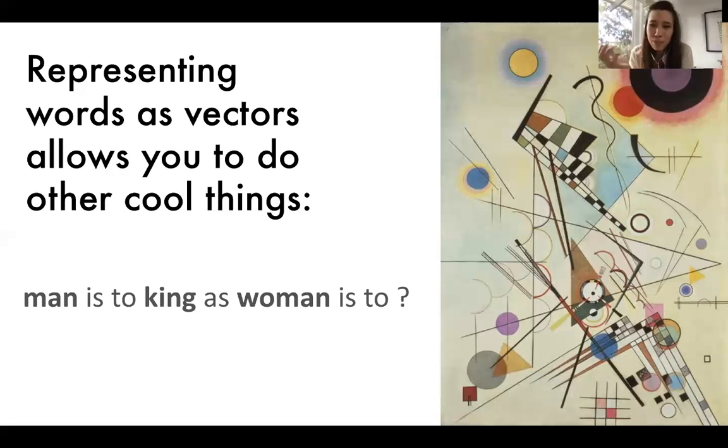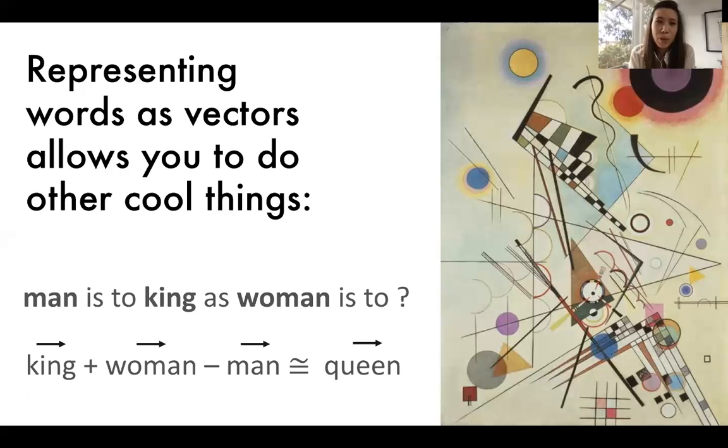The classic example, which you've no doubt seen before, is the standard analogical reasoning question: man is to king as woman is to, and if we pose this question to our word2vec model,